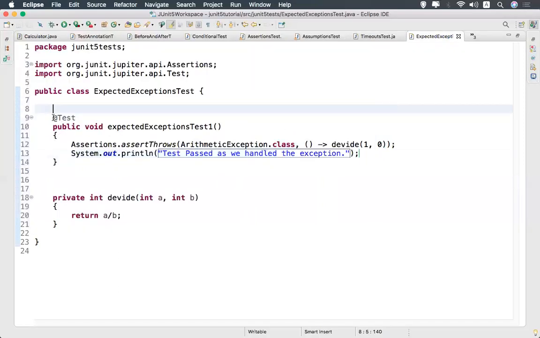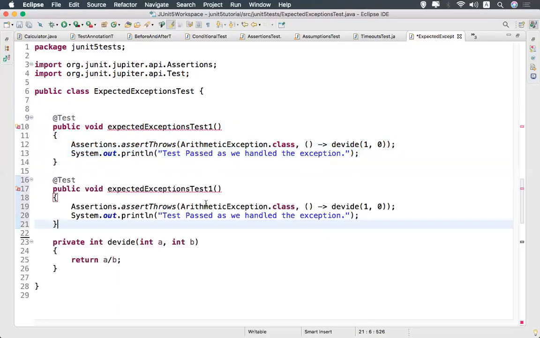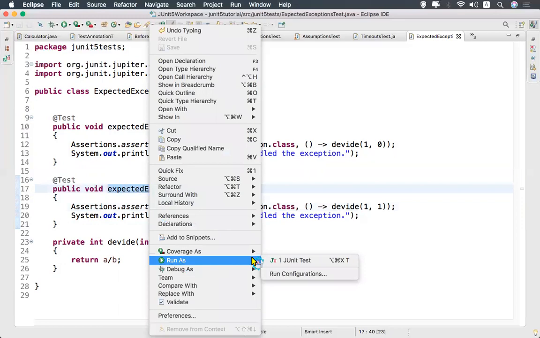I'll take the same example, make it test 2 and 1 divided by 1, just as an example. 1 by 1 you will get 1. There is no exception, right? But I'm expecting an ArithmeticException, so let's see what happens.